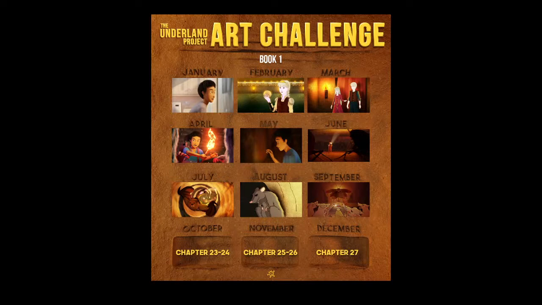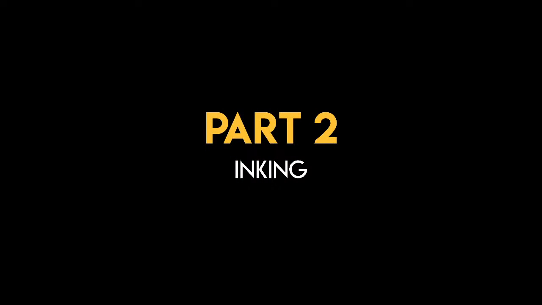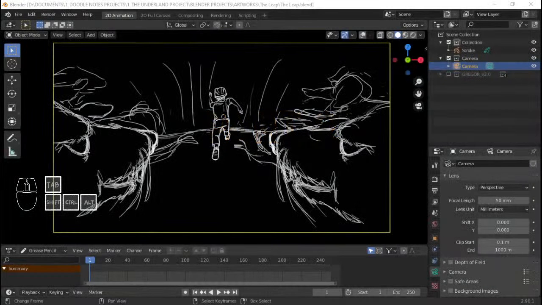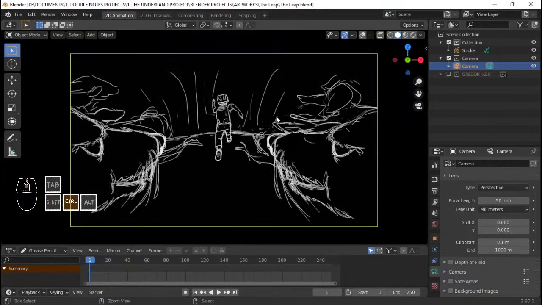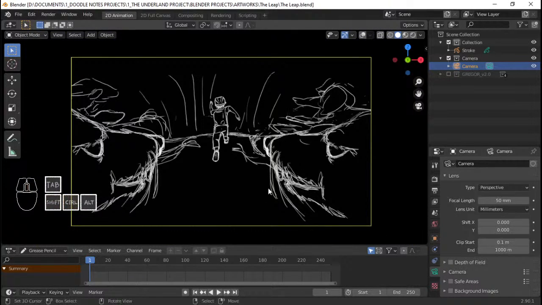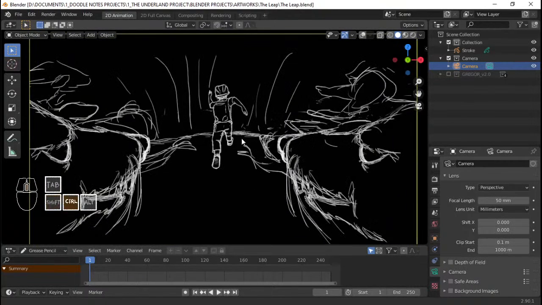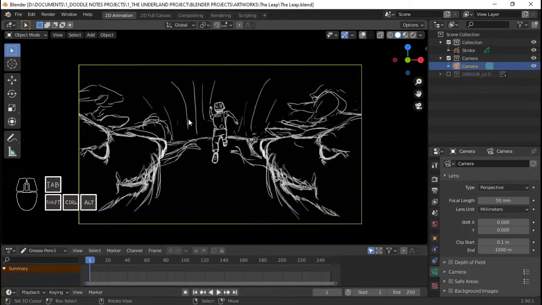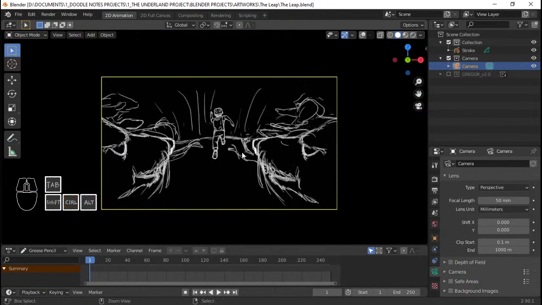But yeah, this is part 2, and in this part, we're gonna go straight to inking, which in Inktober is usually the final part of an art. But yeah, it doesn't mean that we're not gonna be doing more for this part. Without further ado, let's start doing some inks for this one. And I'm using Blender 2.90 in creating this artwork. I'm planning to create a comic cinematic, just like my previous